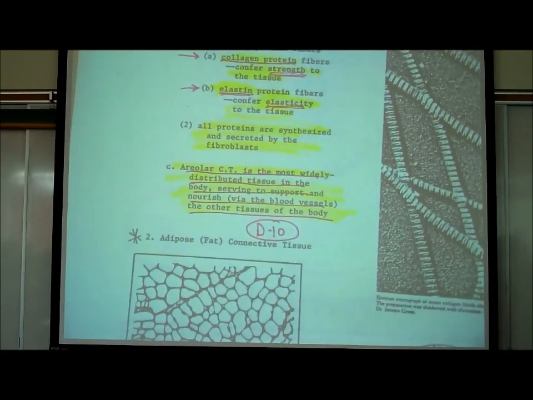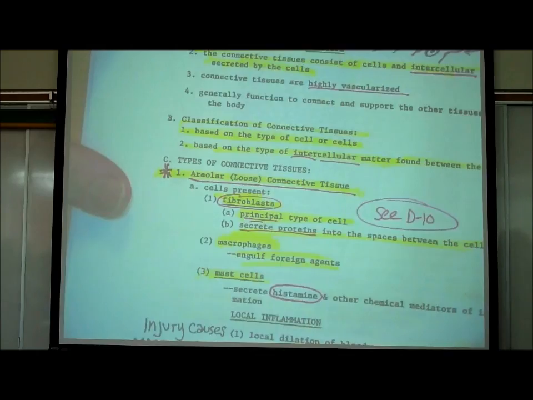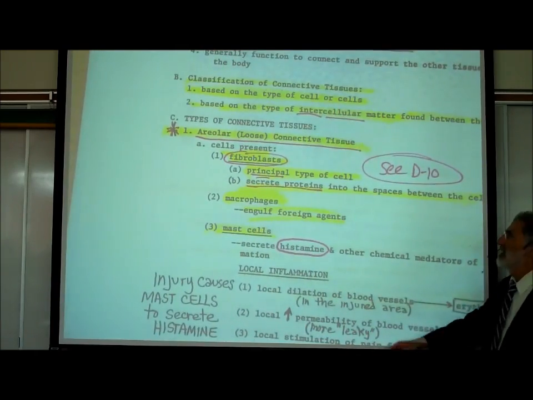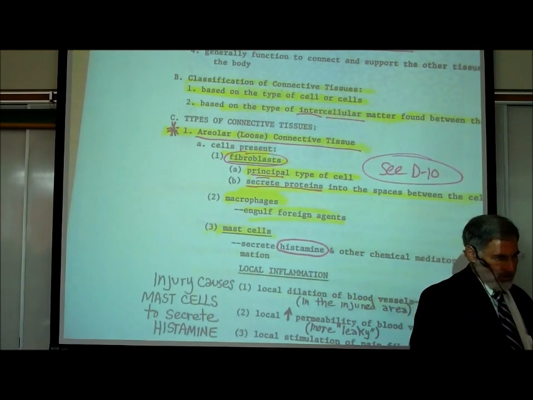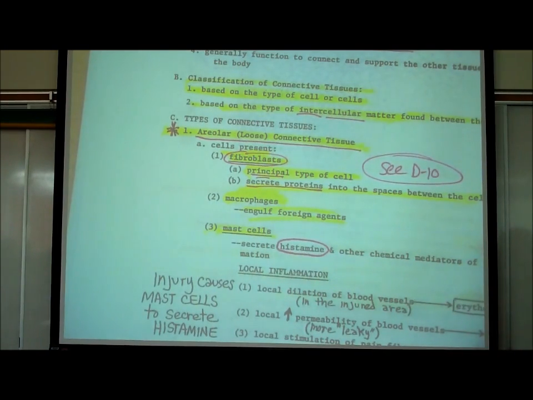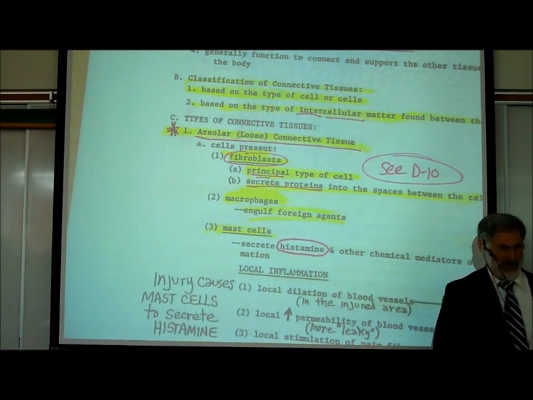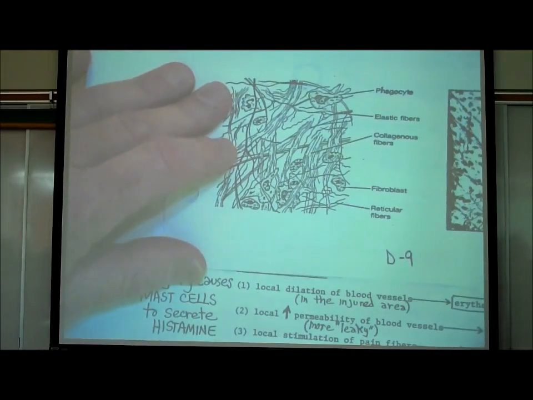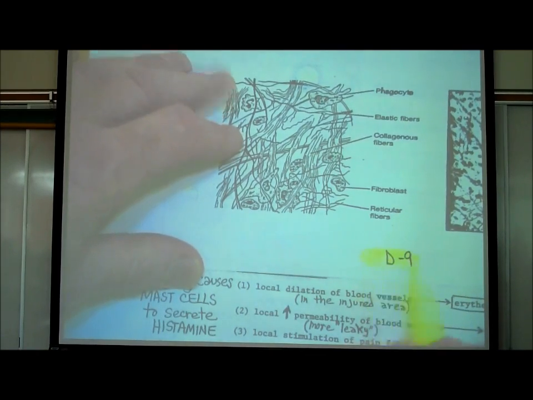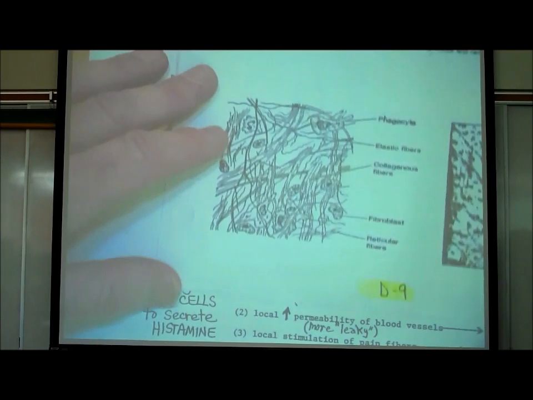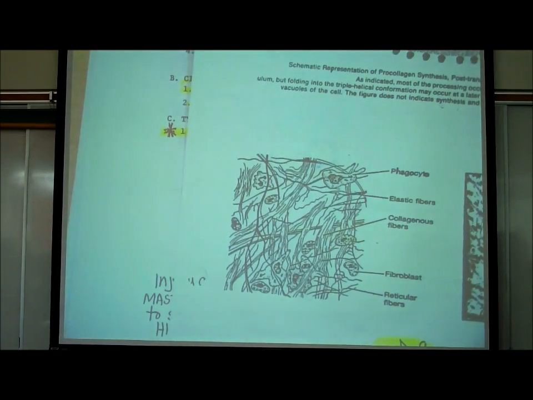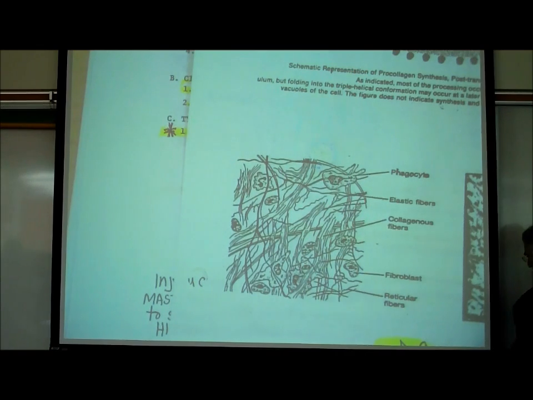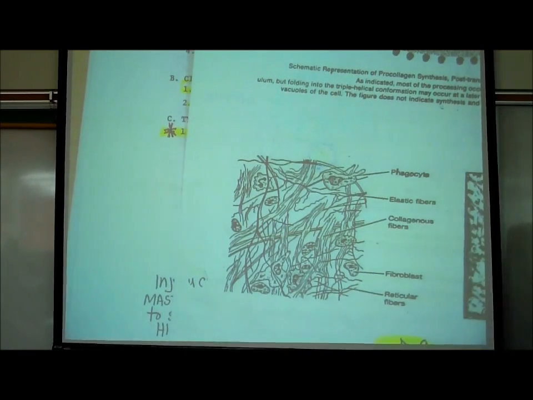All right, so now back on page D8. In addition to fibroblasts, there's also macrophages and mast cells. Now, just before I explain macrophages and mast cells and so on, you might say, do you have a picture of this? Yeah, if you look on D9, on the lower left on page D9, it shows this tissue. But you've got a much, much better picture of this than what I show on D9. If you look in your lab manual, in exercise 5,